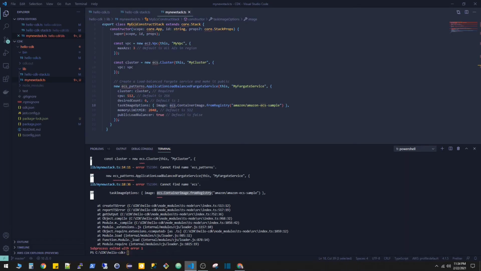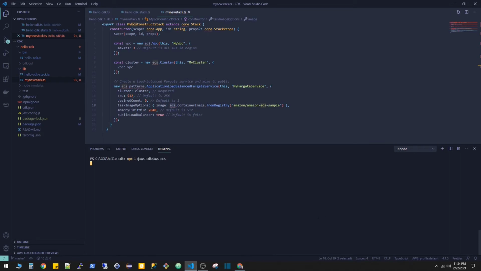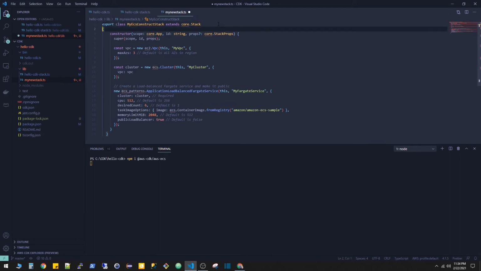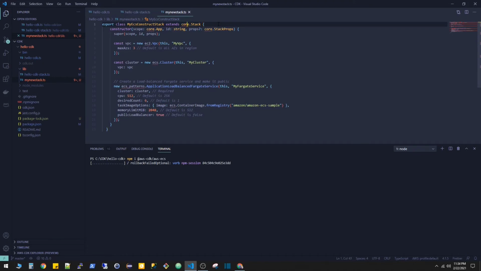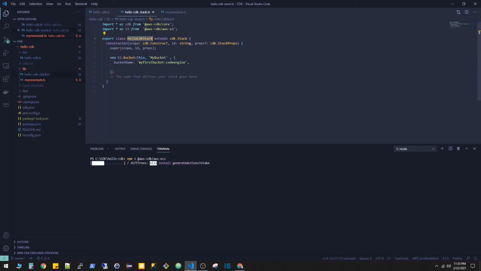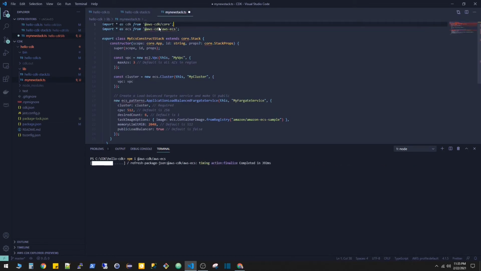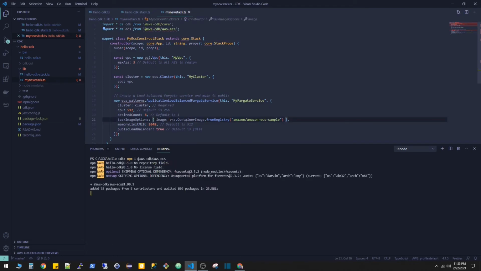Perfect. And then I go back and I install my ECS. Then I import all as ECS from this. Perfect. I'll make sure I have CDK installed. Now hopefully the error should be gone. Perfect. So now if I do CDK-ls,